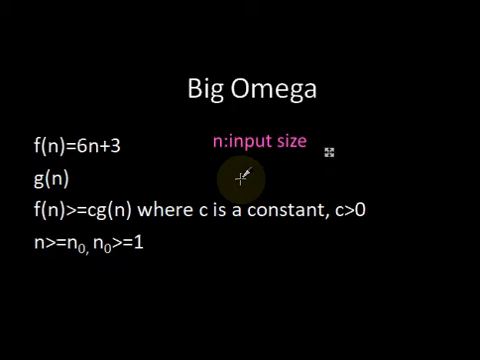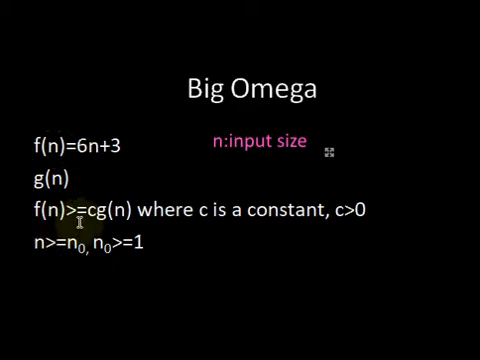So we have already seen what big O notation is used for in analyzing an algorithm. Now let's discuss what big omega notation is. Let f of n be the function that represents the running time or the time complexity of an algorithm, where n is the input size. Then if we can find another function g of n such that f of n is greater than or